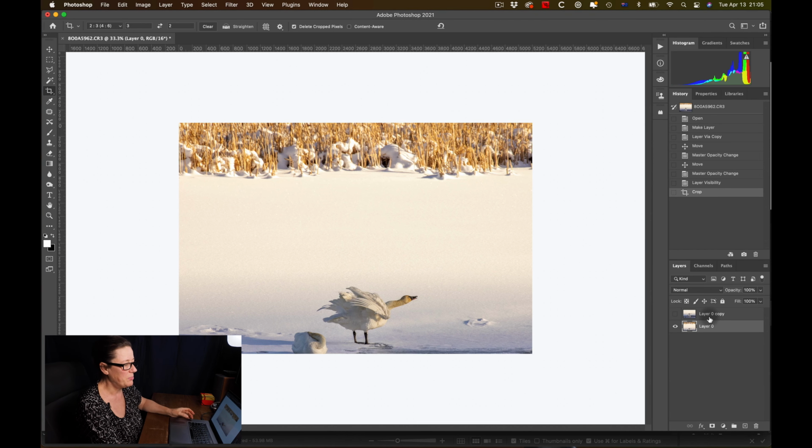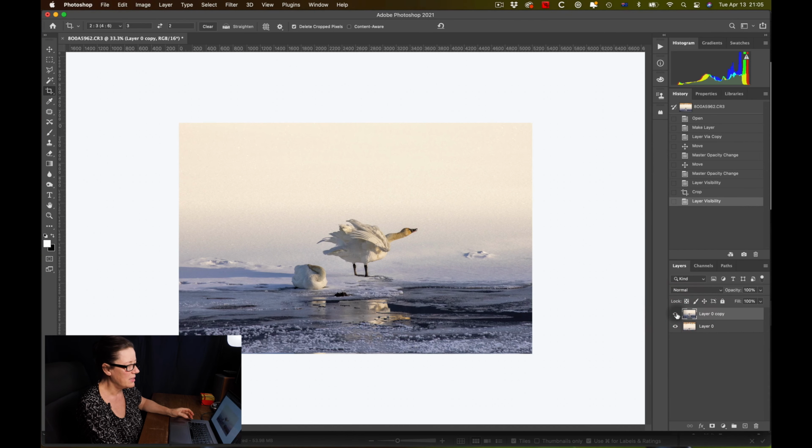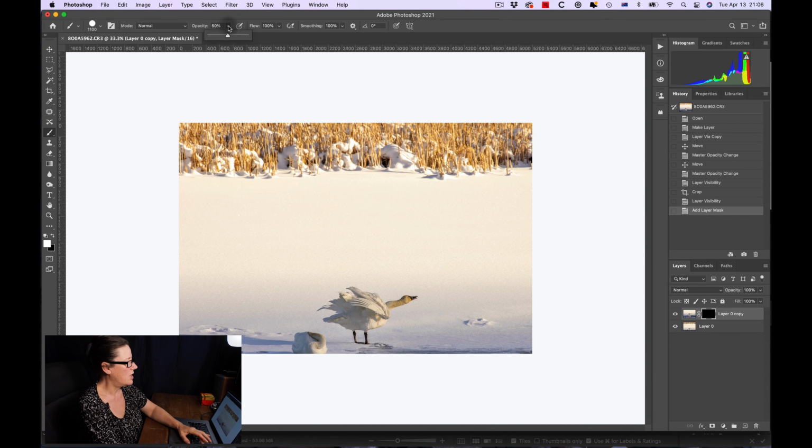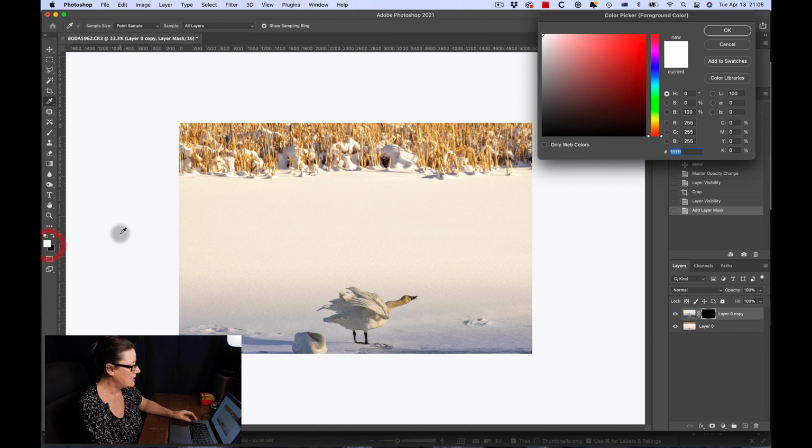So what you do is I've got that in this layer here. Go back to this top layer, and I'm going to make a layer mask. You do that by clicking on Add Layer Mask in Photoshop. If you select Alt Option, it'll give you a black layer mask. And then you take your brush tool, make that nice and big, make sure it's at 100% opacity, select white right there, and then you can just paint back your swan and it brings it straight back